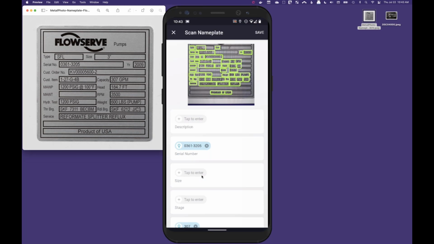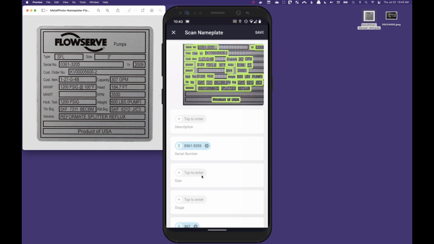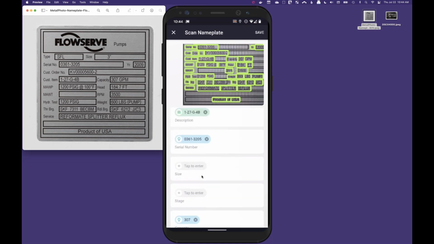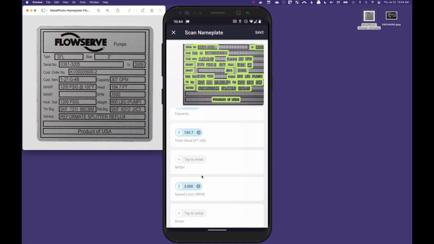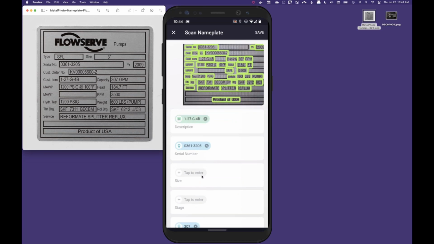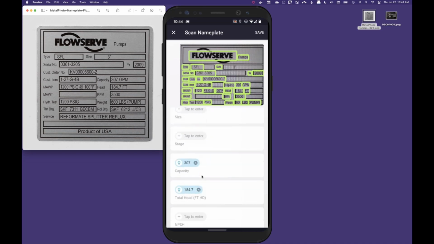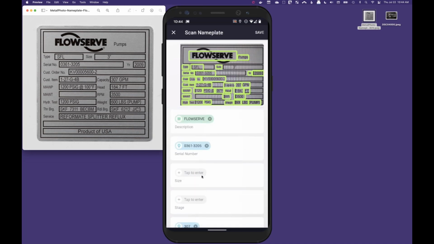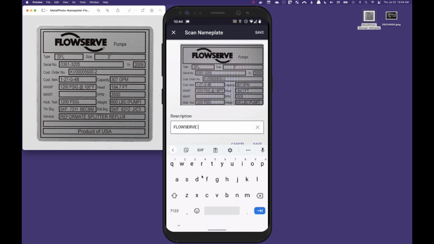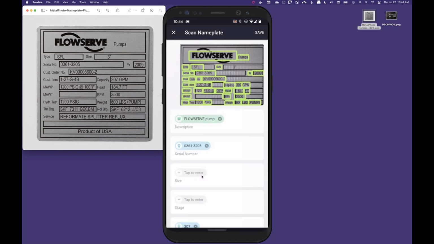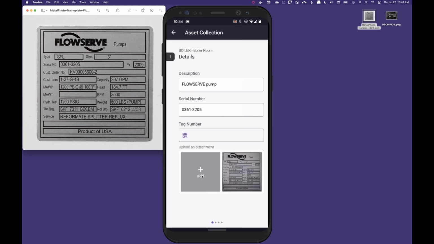If there's anything else that I want to pull in, let's say I can zoom in here and I can see that there's a tag. I can pull that down and say, okay, well, that's my description. Or if I have other information that I want to capture, I can simply drag and drop, or I can say I'm going to add, let's say, FlowServe as the description. I can also tap on this and change and add. So go ahead and just edit that right there, and save it. And once I'm done, go ahead and save. And all that information is